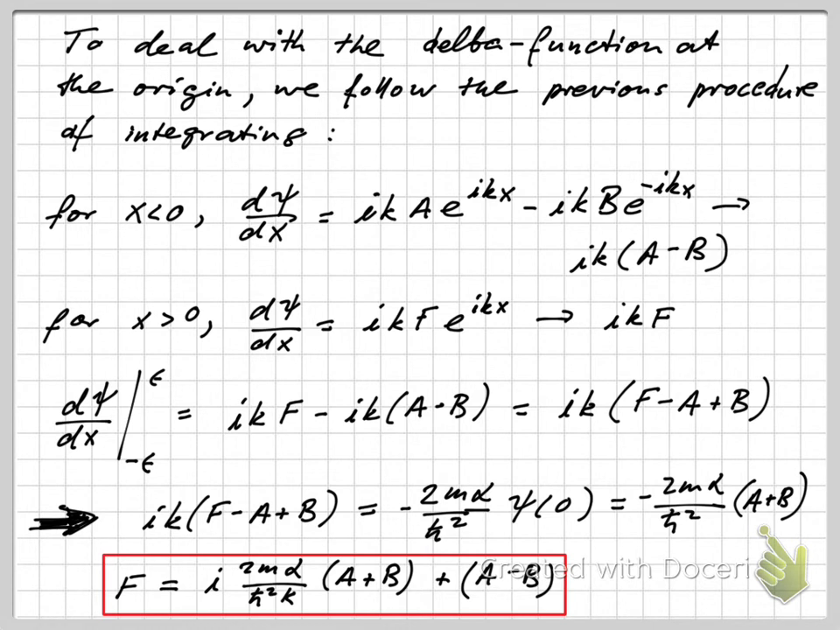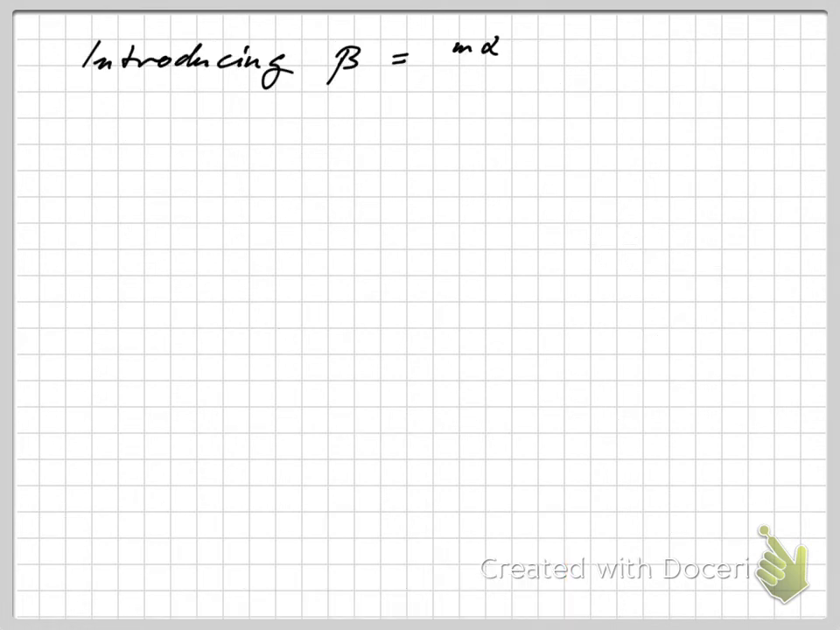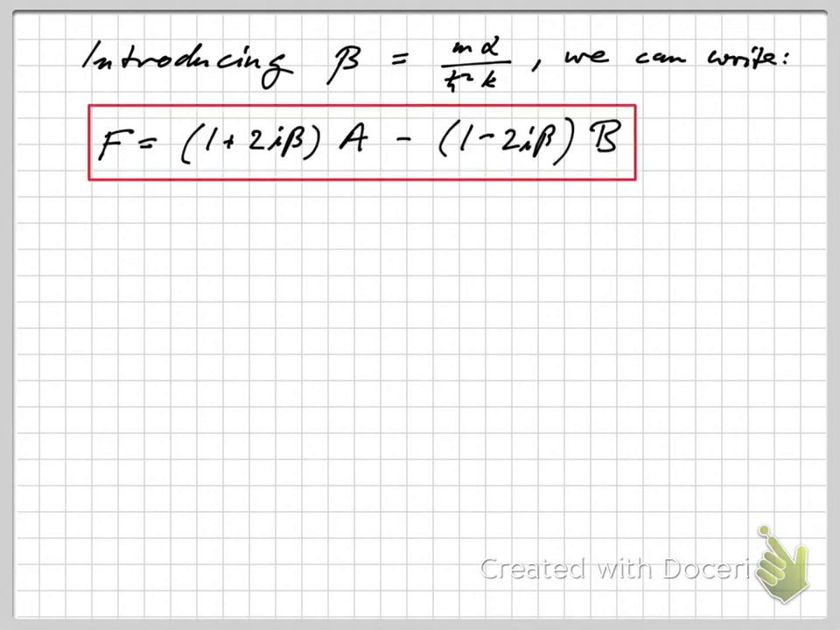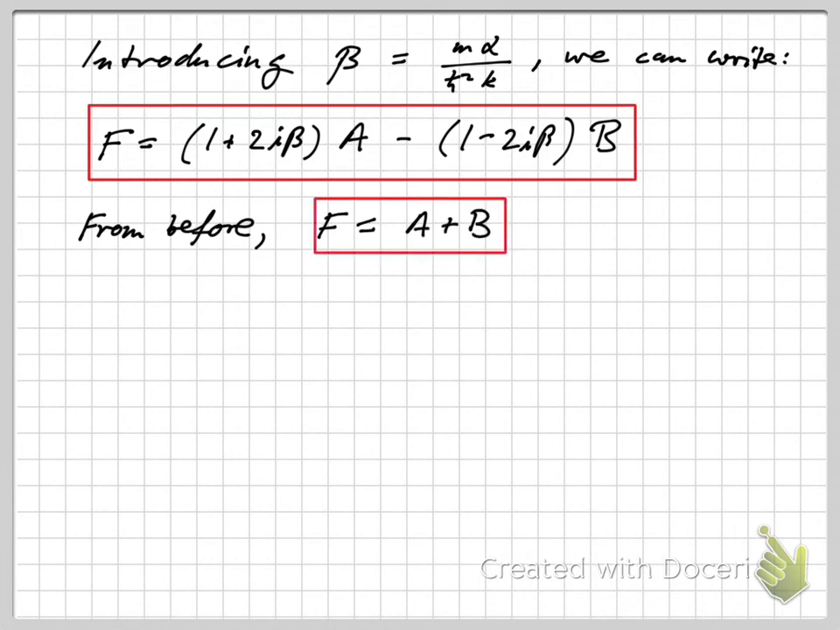Okay, so here the book does something nice, namely it introduces a new constant that makes this expression look a lot easier. We're going to start talking in terms of beta, which is nothing other than m alpha over h bar squared times k. When we use that, then we can write F more compactly in this form. So this is not very interesting now. It's just some algebraic steps here, but we want to basically solve this